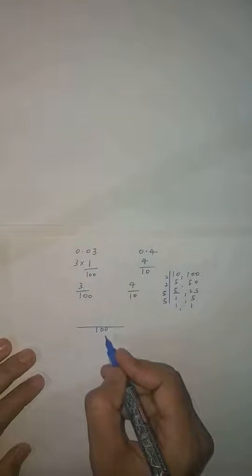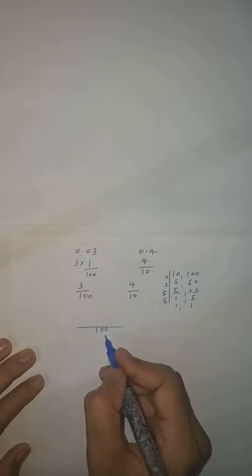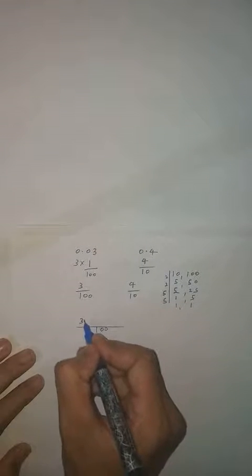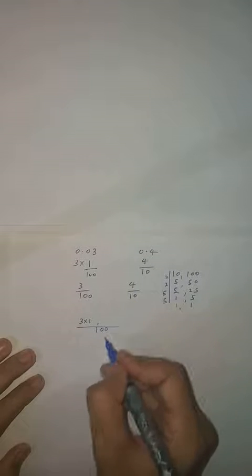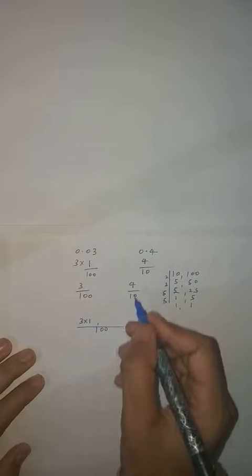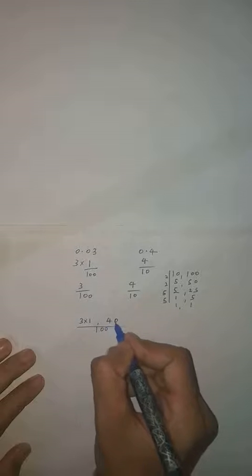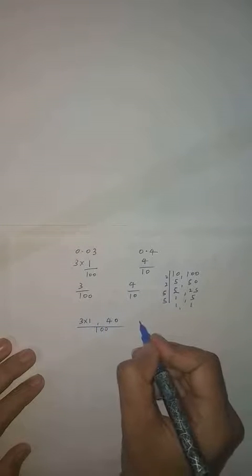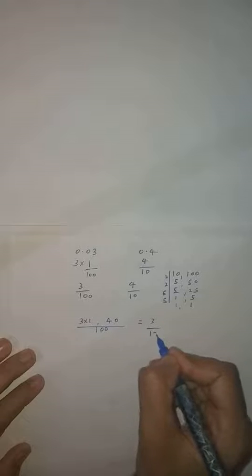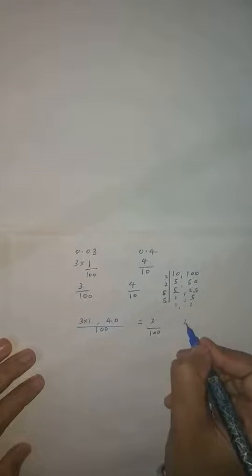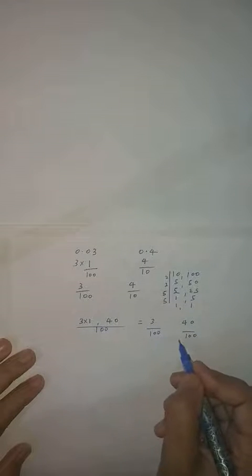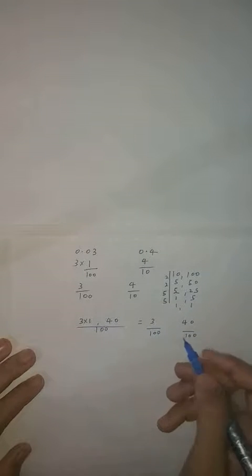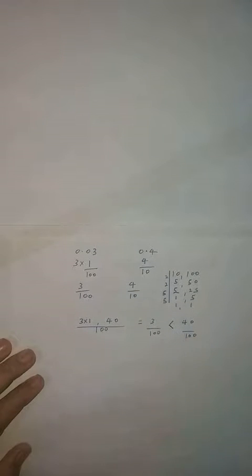Now what is the process? Divide this 100 by this 100. So 100 1s are 100, 1 comes, so 3 multiplied by 1, then comma, 10 and 100. Divide 100 by this 10. So 10 10s are 100, 10 4s are, students, what? 10 4s are 40. Clear students? So now it will become what? 3 upon 100, you can write down separately, and this will become 40 upon 100. Now easily you can see the denominator is equal, students. So the denominator is equal. So which one is greater, students? 40 upon 100 is greater. Clear students? This is very easy.